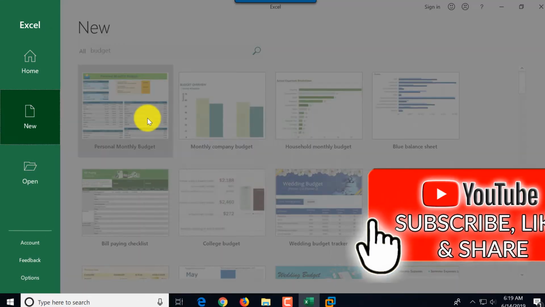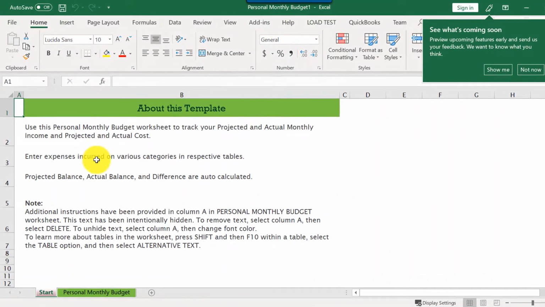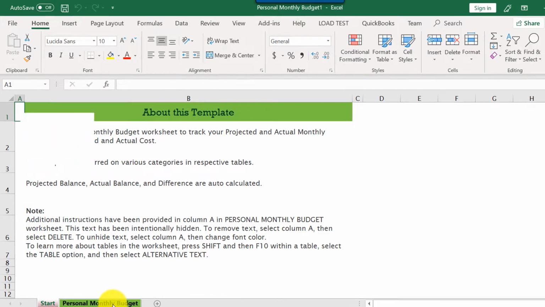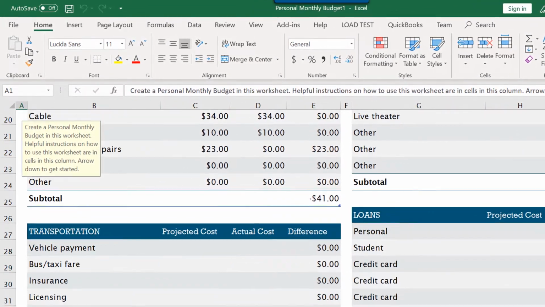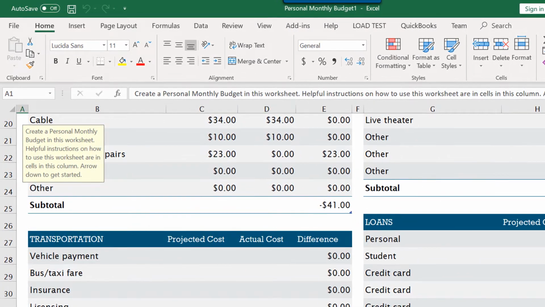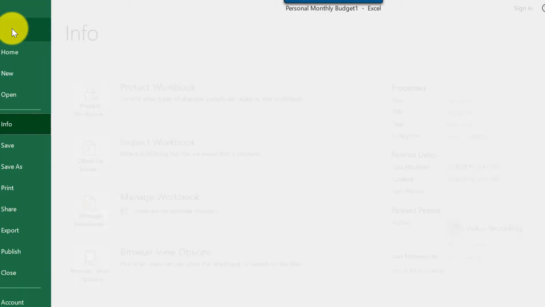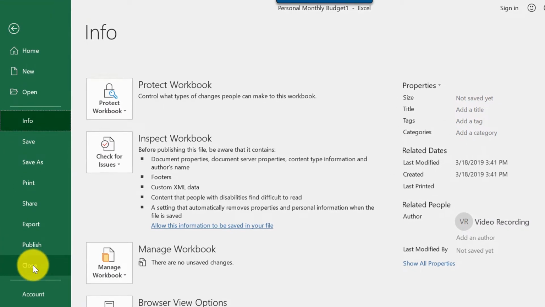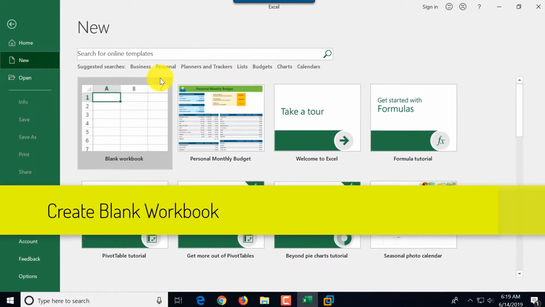And you can click and open the template. It creates a file, and this file has instructions. And in another tab at the bottom, it has an already pre-built structure that you can use for your own needs, maybe to create your own personal budget, like in this case. But I'm going to close this file. To do it, I'm just going to click File, Close, and we'll start over by clicking File, New, and we'll